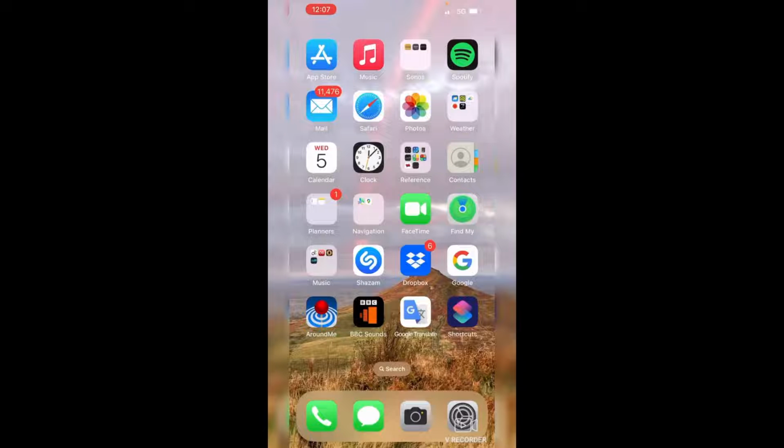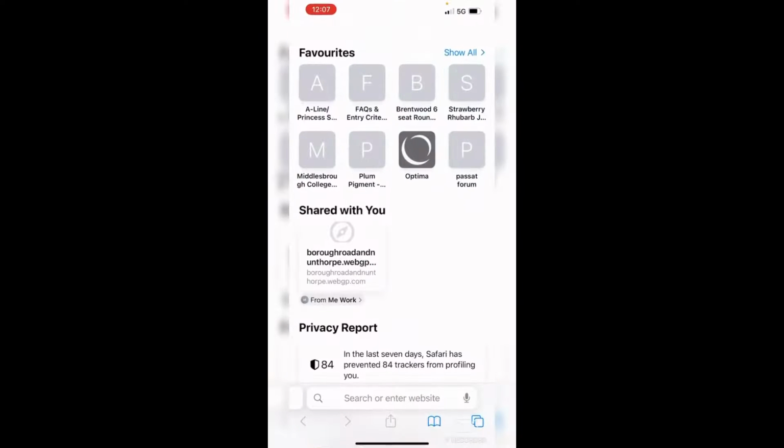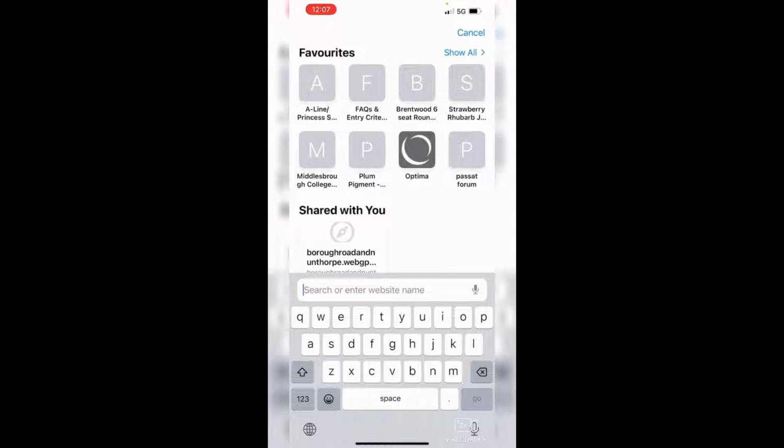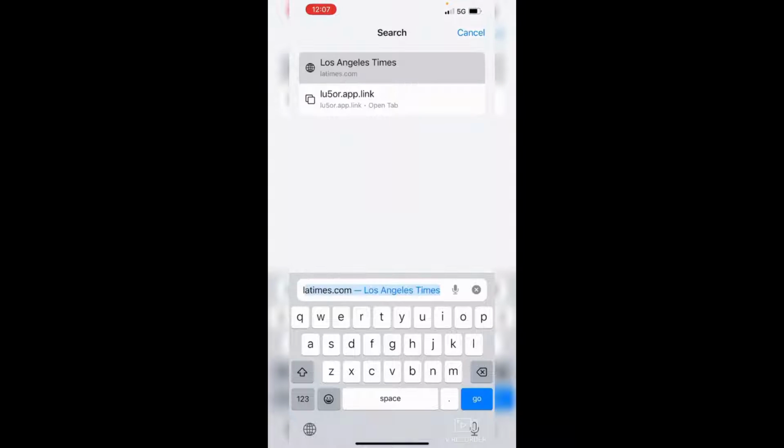In this video, we're going to show you how to locate eConsult for your GP surgery using an Apple iPhone. So on the Apple iPhone, we're going to be using the Safari web browser. So if you tap on your Safari web browser, and then tap on the search bar to bring up the keyboard, and we're going to type in